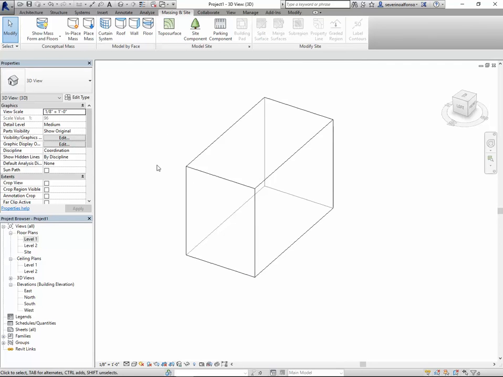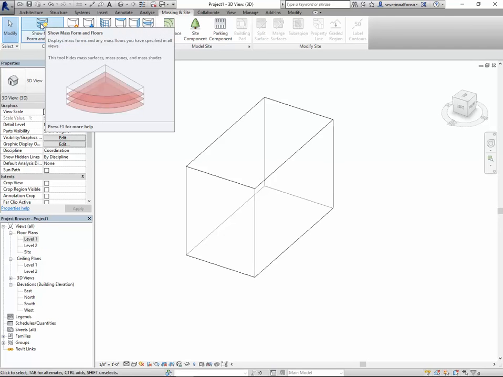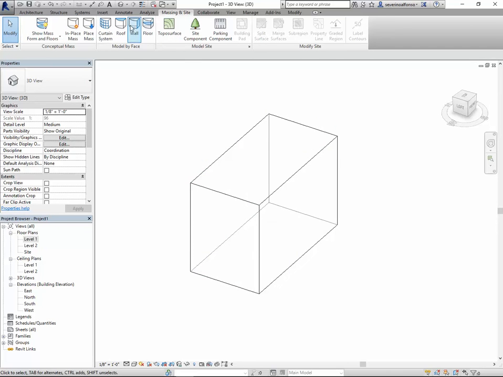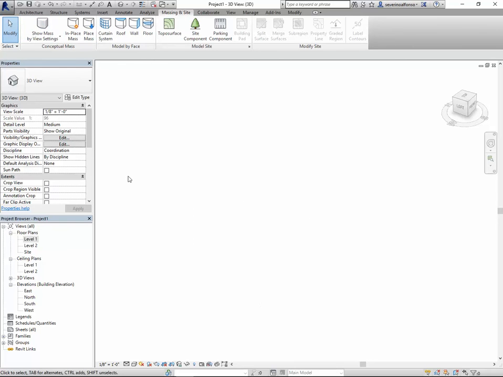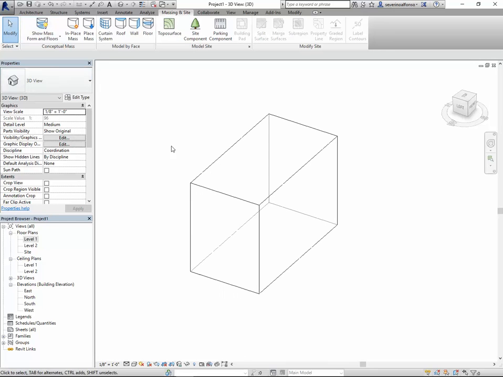A very important button to know is this one. It's a toggle that allows you to turn on and off anything that relates to faces. Okay, so if you click there, it will turn off the entire massing, but if you have floors, it will turn them off as well, and if you click again, it will turn it on. Okay,